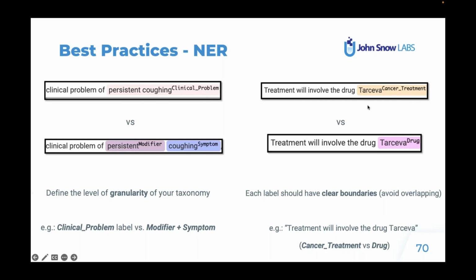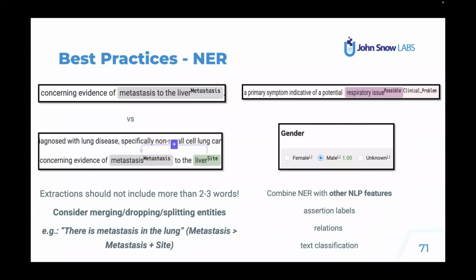On the right side, we see that both of these are treatment, right? But deciding where the boundary between a drug and actually treatment is important. So this should be decided in the guidelines, on the sample documents you have. Deciding that will avoid discrepancies and will avoid overlapping of certain entities. Okay,